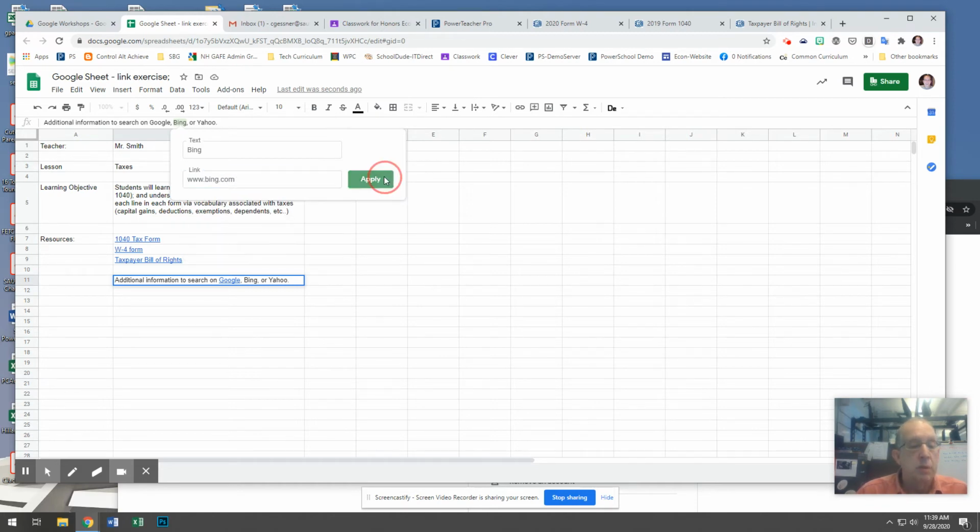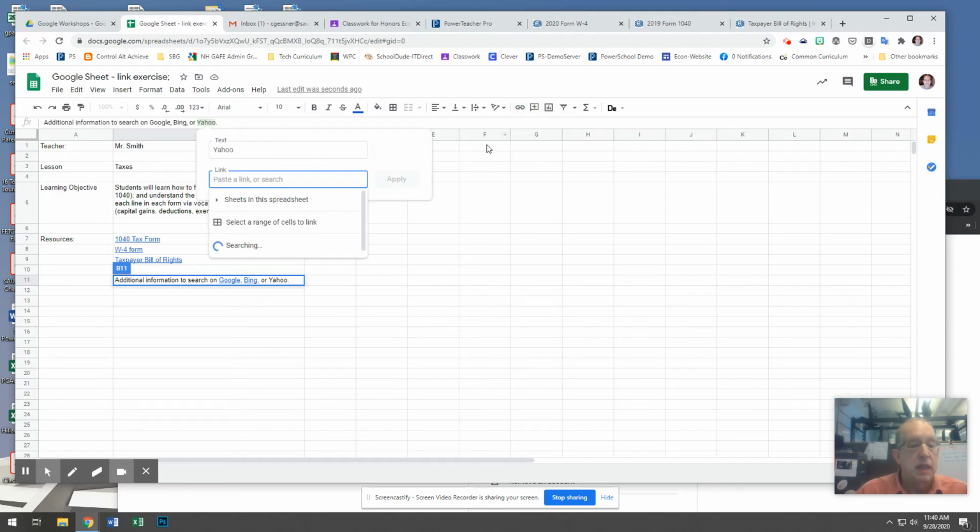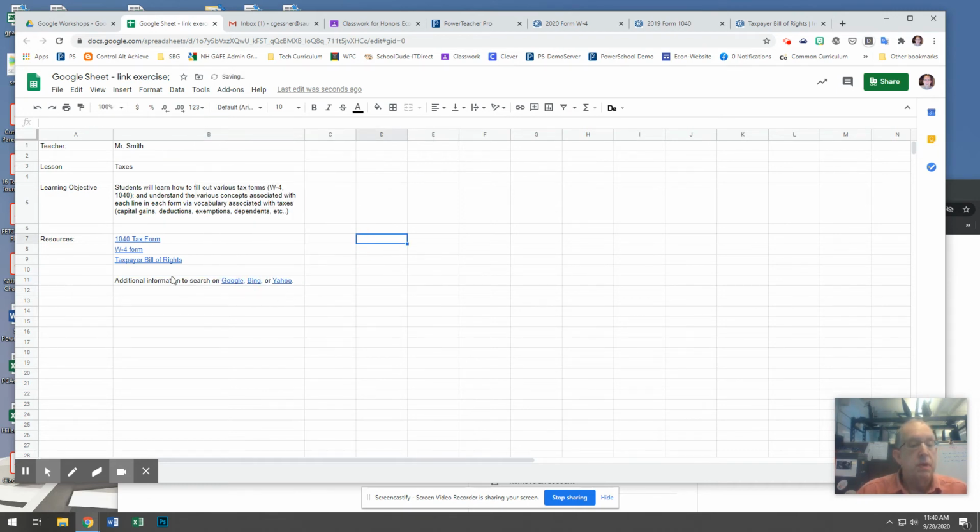And we're going to say www.bing.com, and we will apply. And last but not least, we'll do the same thing for Yahoo. So again, I come to my link tool, and I just say www.yahoo.com and apply. So I can have multiple links within a cell, or I can have just a dedicated link